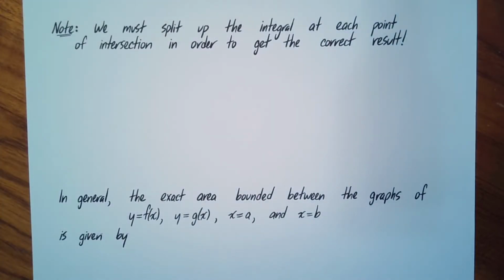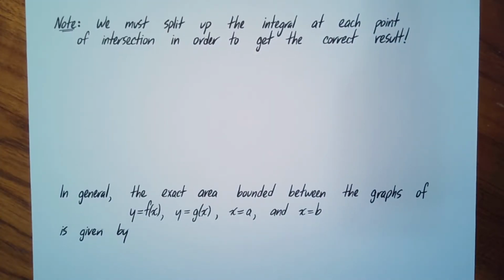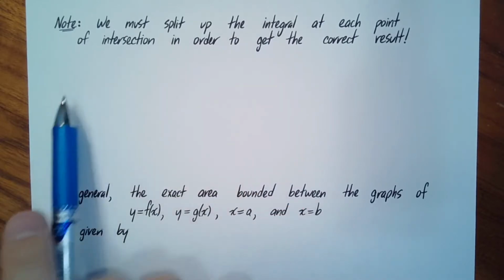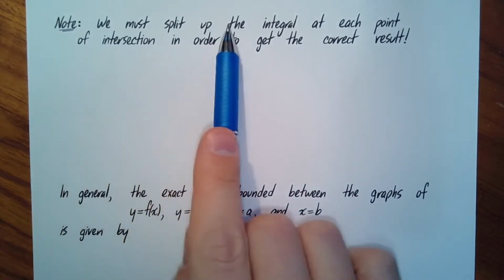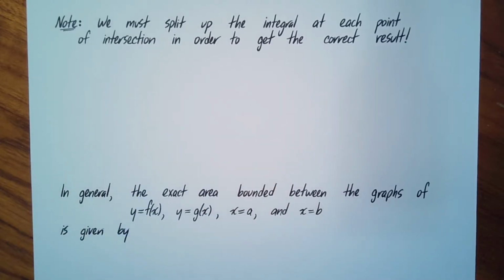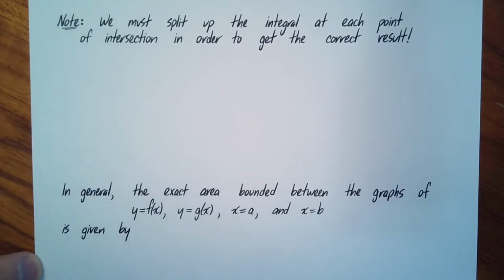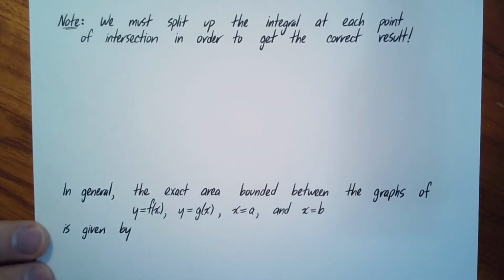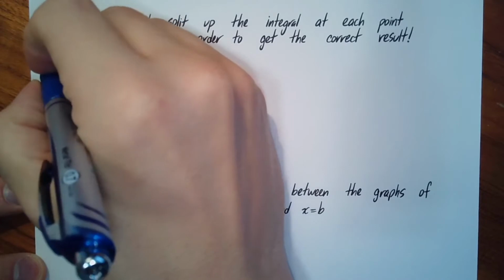So that's something that generalizes to any number of regions. For example, this note says, and I'm going to draw a picture in a moment, we must split up the integral at each point of intersection in order to get the correct result, because there may be more than one point of intersection. Like in the last example, we only had one point of intersection, but there could be 2 or 3 or 10, right? There's no limit, really. So let me draw you a picture